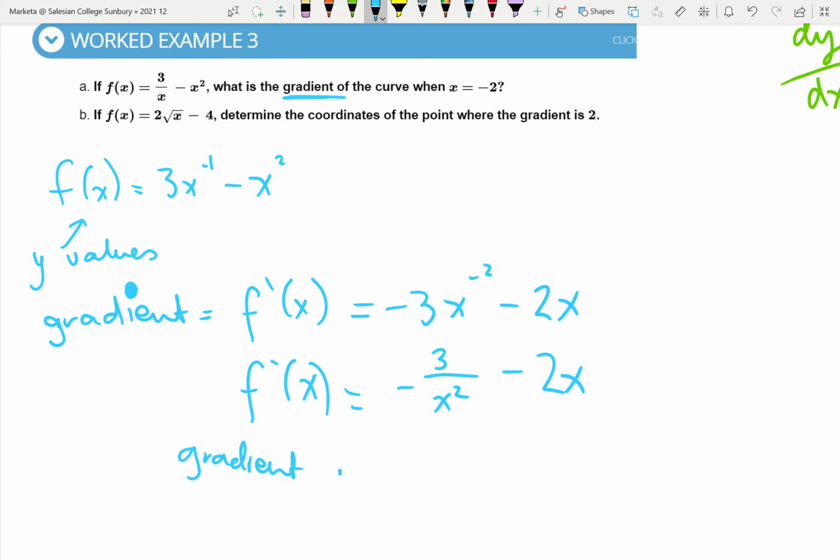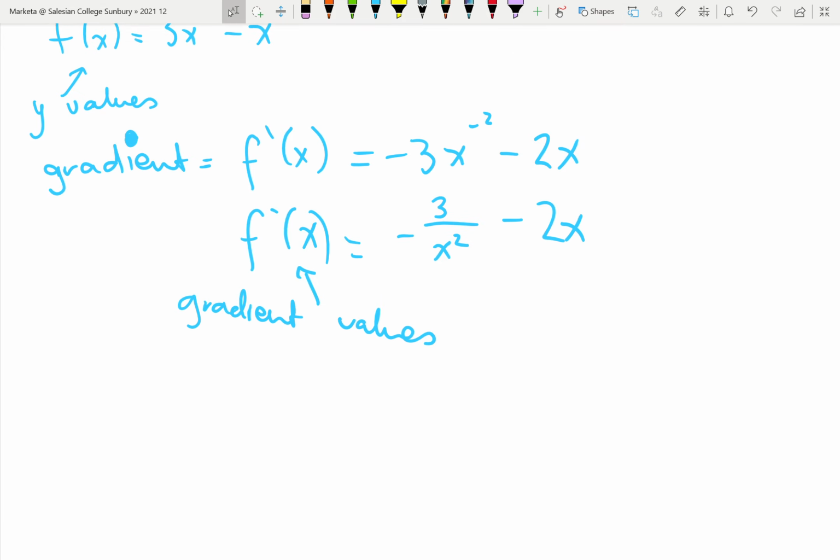So gradient values are represented by f dash of x, and that's our equation to sub into. So we want to know when x is -2 what the gradient is. So, well, obviously we're going to sub -2 in. So f dash of -2 is going to be -3 over (-2) squared minus 2 times -2, which is